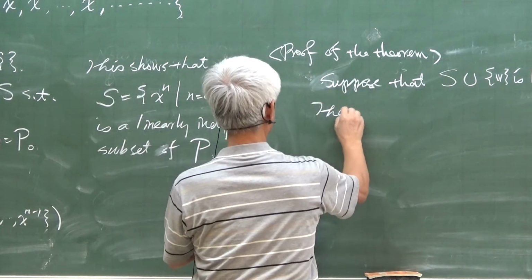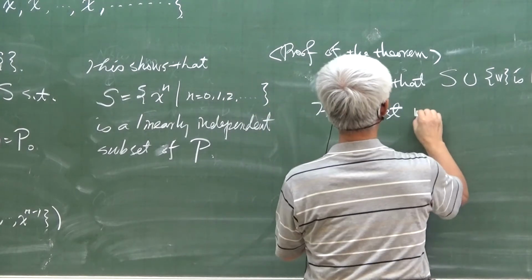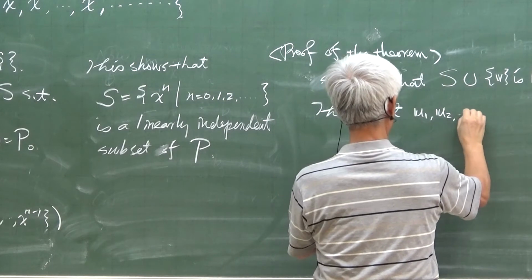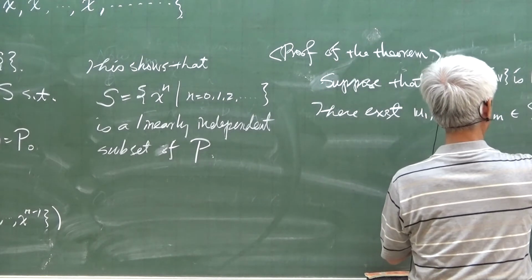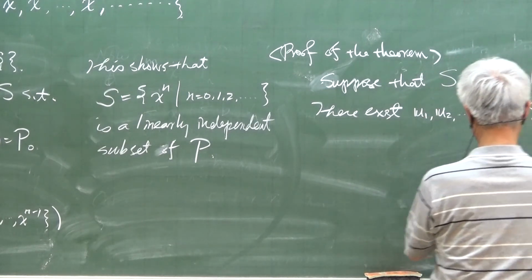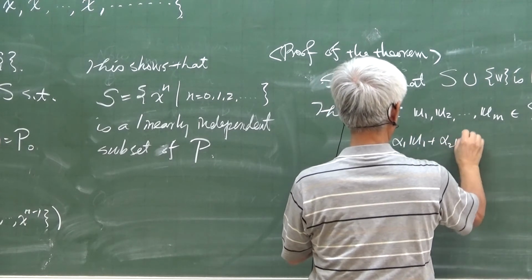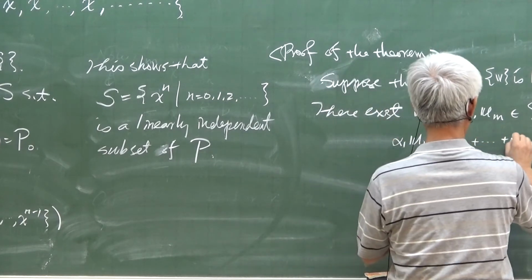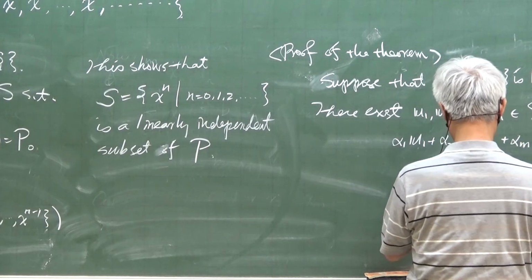So there exist u1, u2, up to um in the set such that alpha 1 u1 plus alpha 2 u2 plus up to alpha m um is 0,